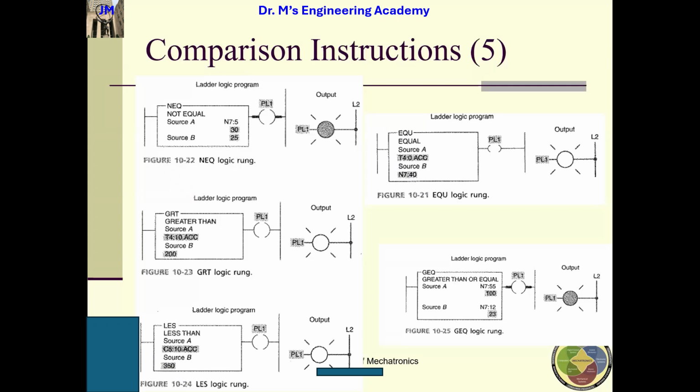So for the first one, unequal, not equal, and source A and source B. Again, the content of source A is 30. Source B is a program constant. 30 is not equal to 25. As a result, this is true, right? Right, guys? Do you guys agree? If this is true, then this palette light, PL,